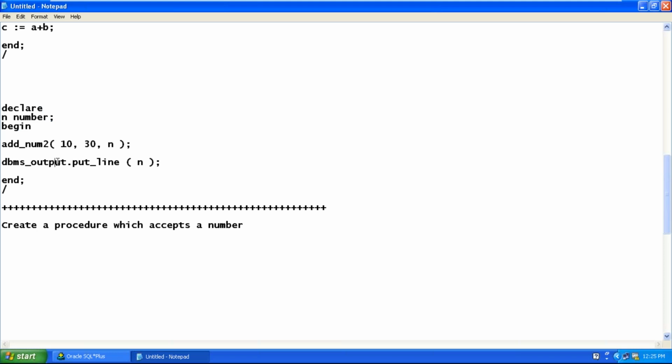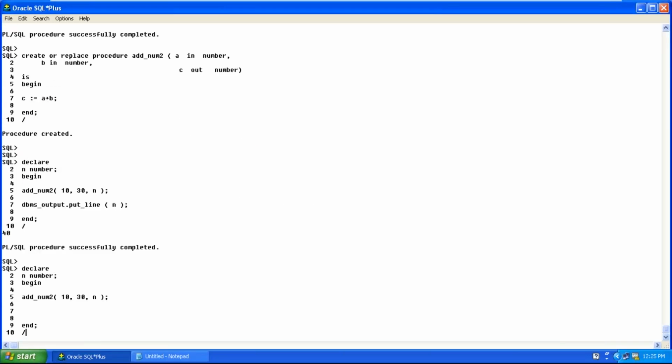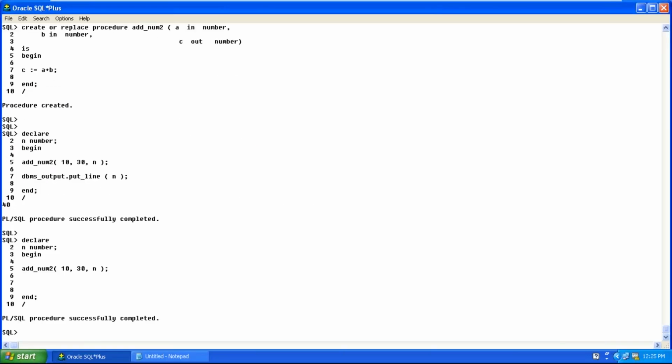It will not show, but the value will be stored in the variable. If you can see, I'm not using the DBMS output statement. The value is returned and stored in variable n. You should use it as per the requirement.